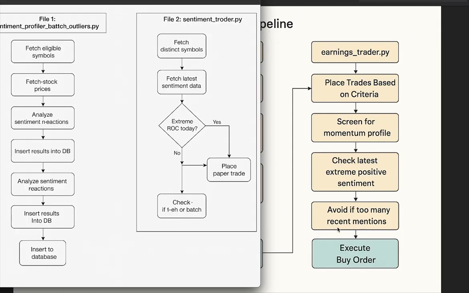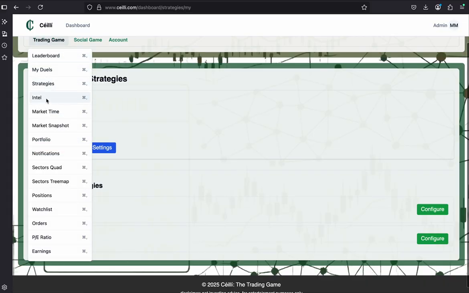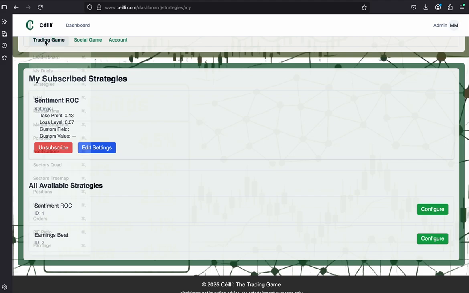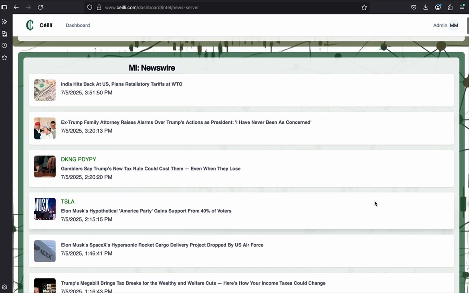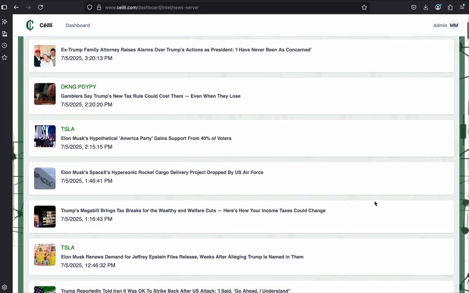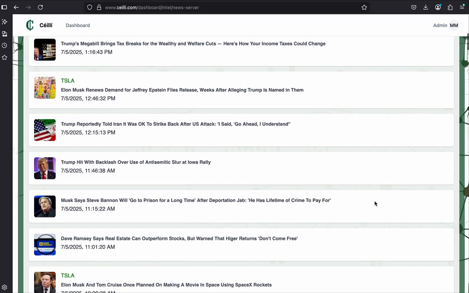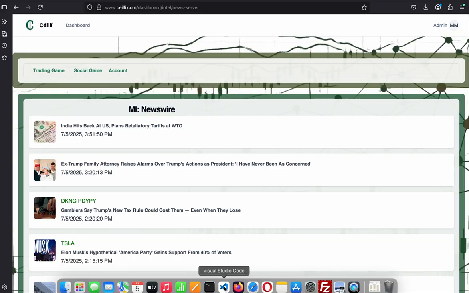Now, sentiment analysis allows us to categorize news stories. Like on the site, if you go to the Intel link, you'll see all this news that the platform is constantly sucking in 24/7, 365 days a year. So we have all this sentiment data. Now, how we analyze the sentiment data is we break it down